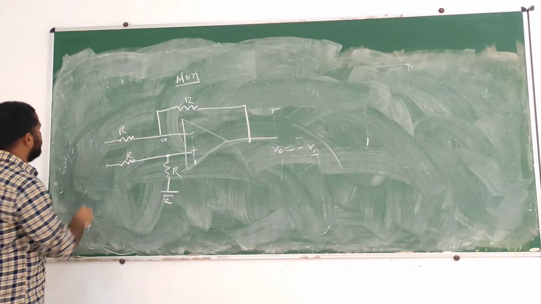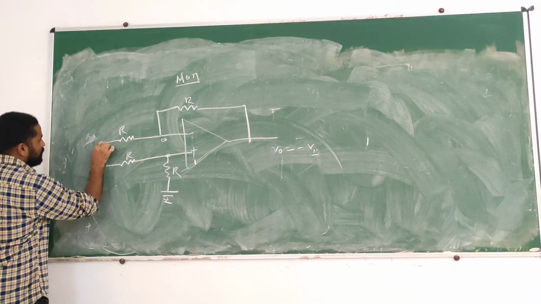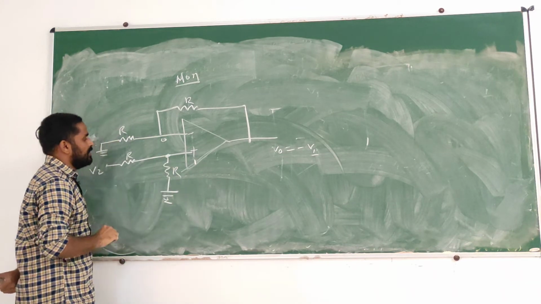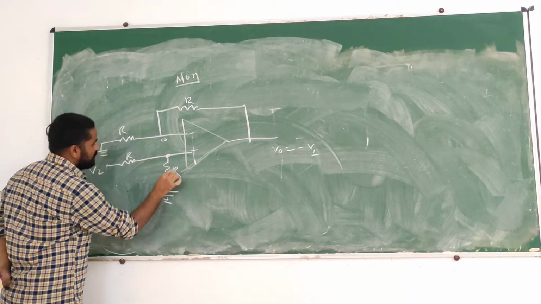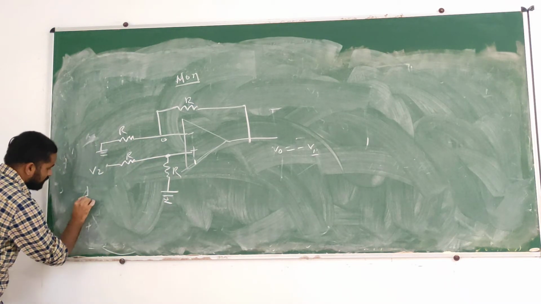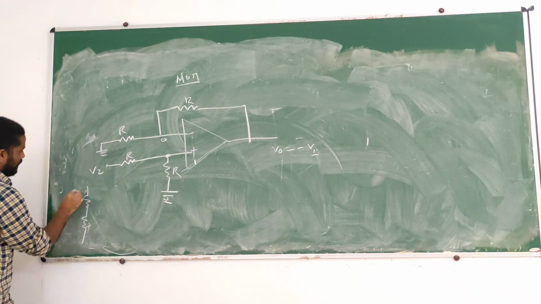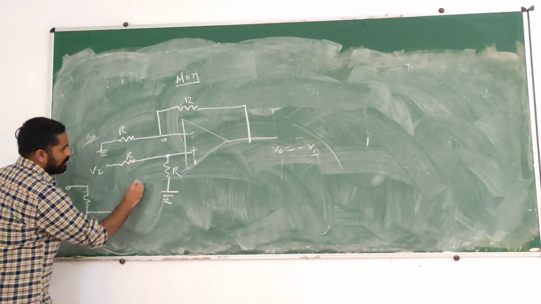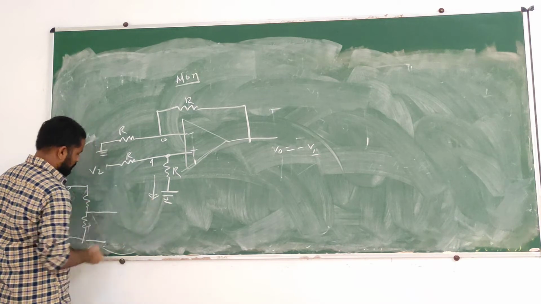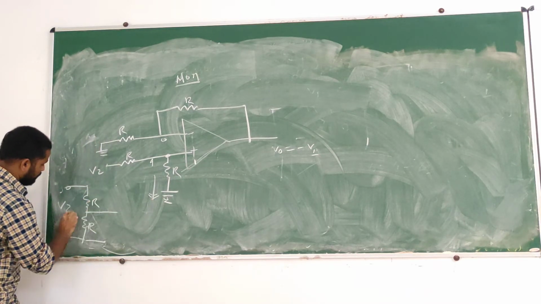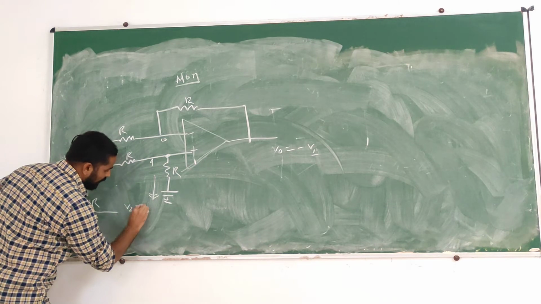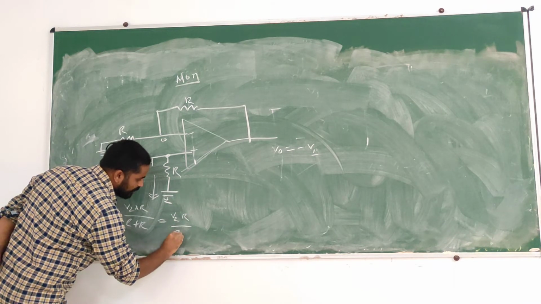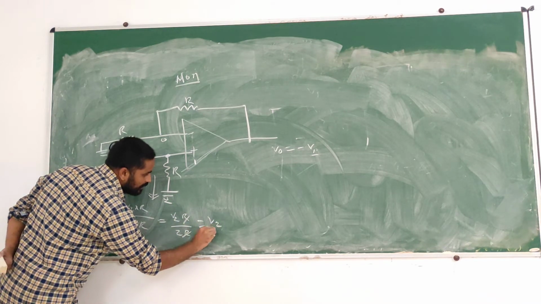Now you are going to look at the effect of V2. Now you ground this one. If you apply V2, we need to check what voltage we are getting over here. If you see, this is just a potential divider circuit, this R and R. This is 2R, and we have applied V2 across it. We need to know the voltage over here, and the voltage will be V2 into R by R plus R, which is V2 into R by 2R, this is V2 by 2.